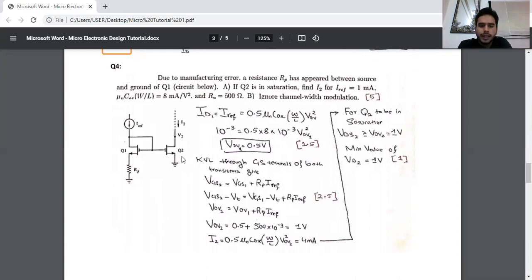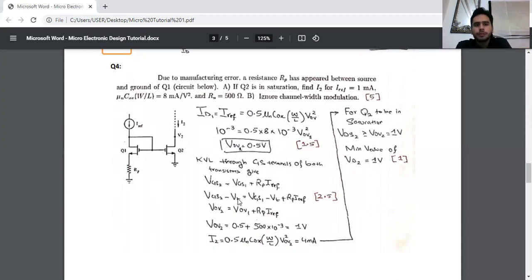Now if you see it from this side, KVL is basically Kirchhoff's voltage law, that is the voltage across Q2 plus the voltage drop across Q1 and Rp. So how do we get that? We see what is VGS1, and then that is basically going to be VGS1 across the MOSFET, plus the voltage drop across Rp, which should be equal to the voltage drop across MOSFET Q2. So VGS2, that is across MOSFET Q2, equals the voltage drop on the left side, that is VGS1 plus Rp into the current which is flowing through it. The voltage drop is Rp into IREF. So VGS2 is, we subtract